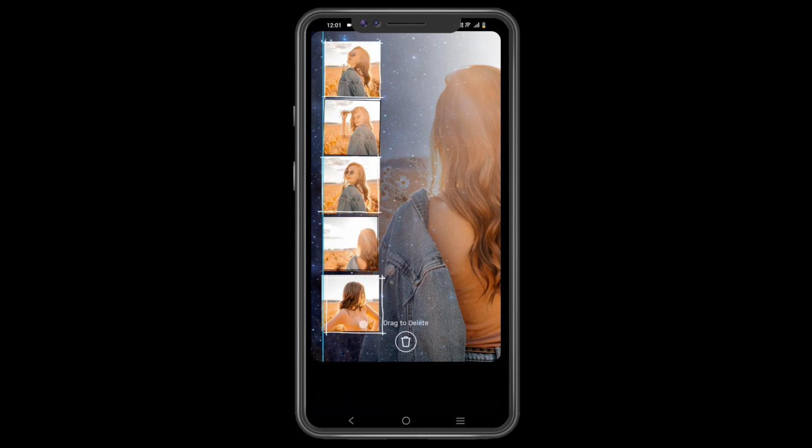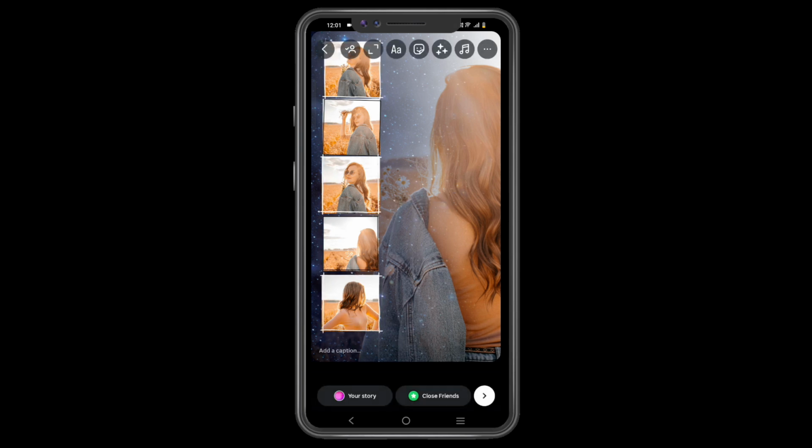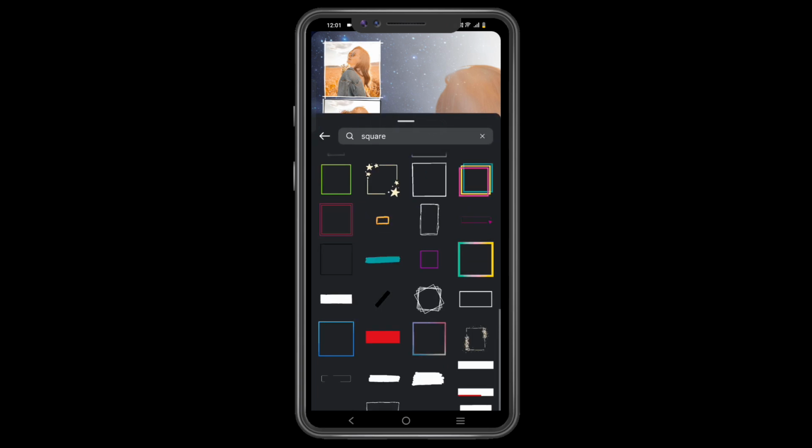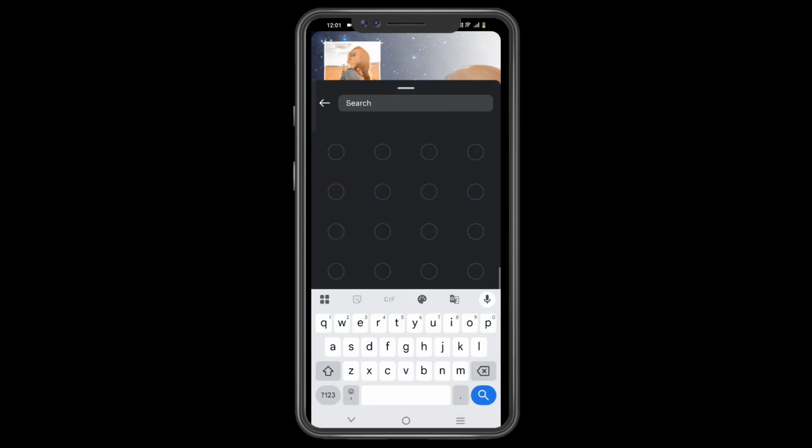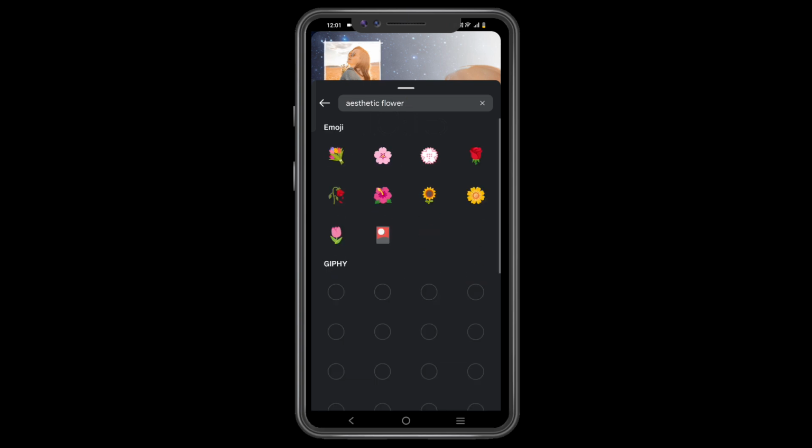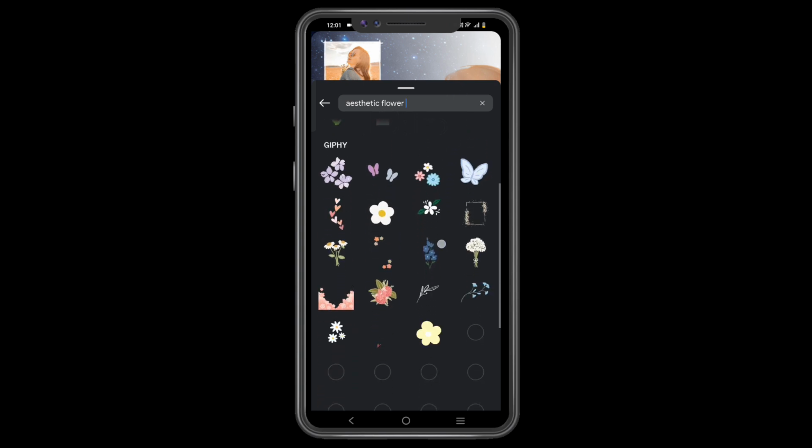So when you're creating a story, it will take 5 to 6 minutes. Just think about your creativity and use some stickers, some square boxes, GIFs, everything you can use in a neat and clean way. Once you're done, your stickers and your pictures will be ready.